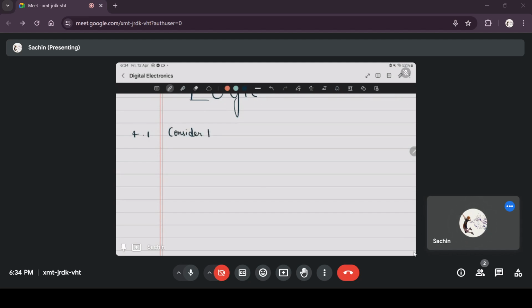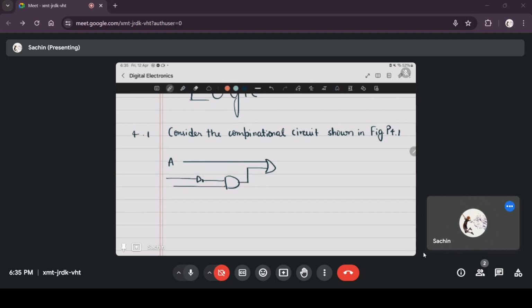Consider the combinational circuit shown in figure P4.1, and this is the figure. There's input A, input B, input C,